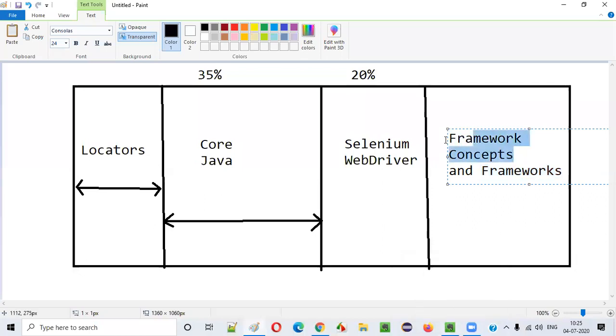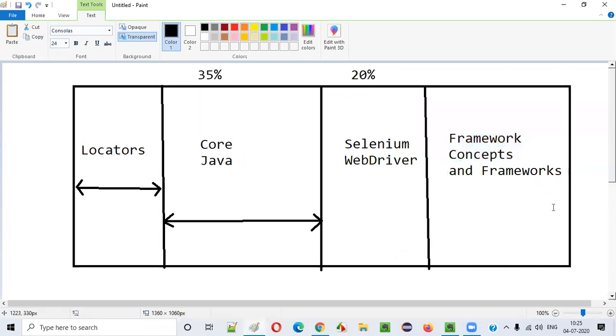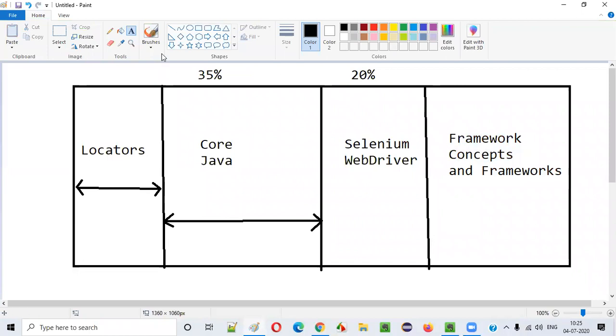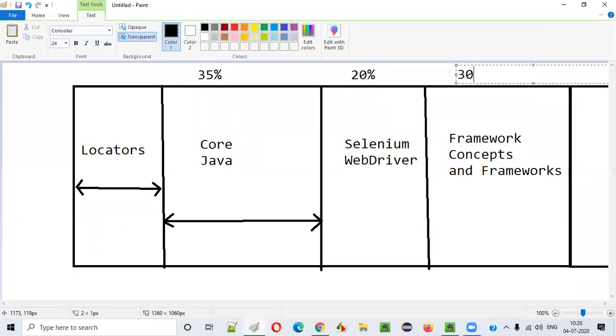So first I will be covering the different framework concepts, like TestNG, POI API, Log4j, Maven. A lot of stuff is there. All those things are covered, and maybe one more section, covering real-time needed things like Jenkins, GitHub, and all those things. You can take one more section here. That's fine. So guys, here I can give 30%.